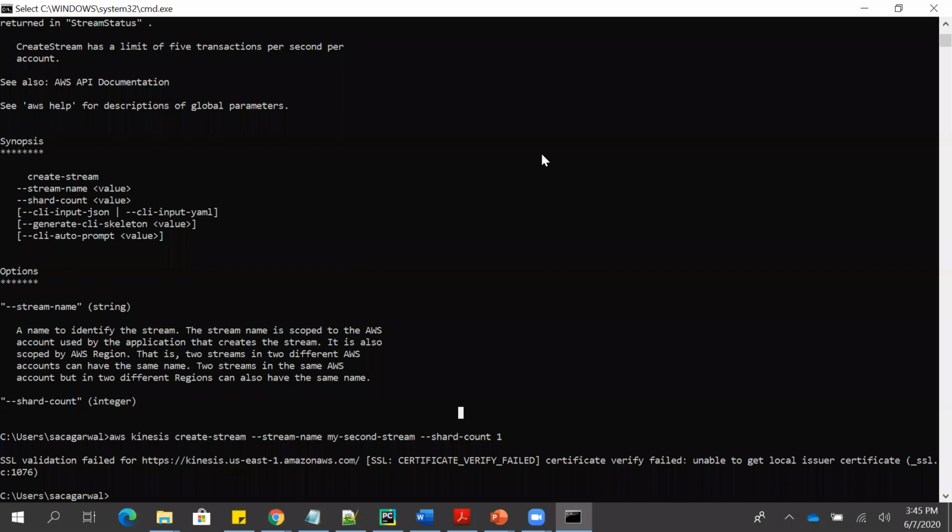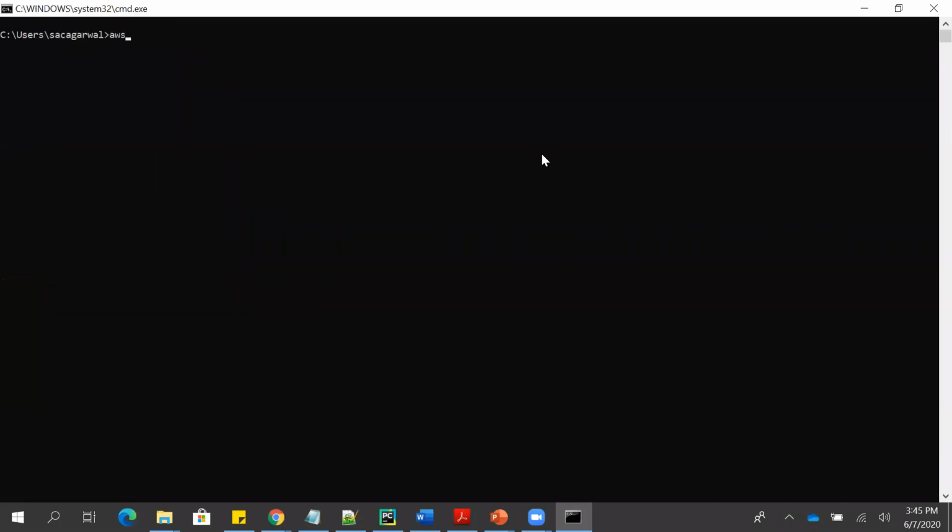Okay, but this is actually what you do. If you have to get the data and put records and these things, then to list whatever streams you have, you use the command kinesis list-streams. Right now it is not generating any output, and I guess the reason is the same SSL certificate error which we are getting. And if I say AWS S3 list,